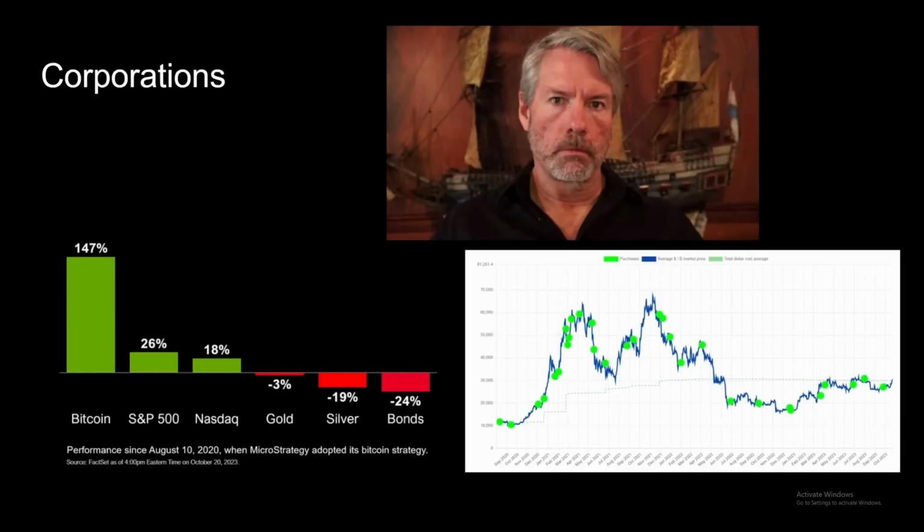So Michael Saylor has kind of made the playbook for this. Basically, you take out as much convertible debt in fiat and in dollars as possible, and you put it into the asset that is growing in adoption and growing in popularity. By doing that, he is doing the same thing that all of those people who were able to buy a house 40 years ago and become incredibly wealthy with, but he is just buying Bitcoin instead. And as you can see, Bitcoin is outperforming every other traditional asset that exists.